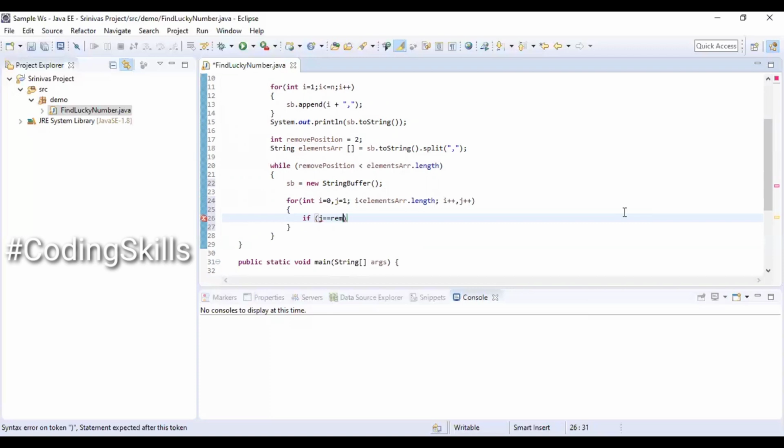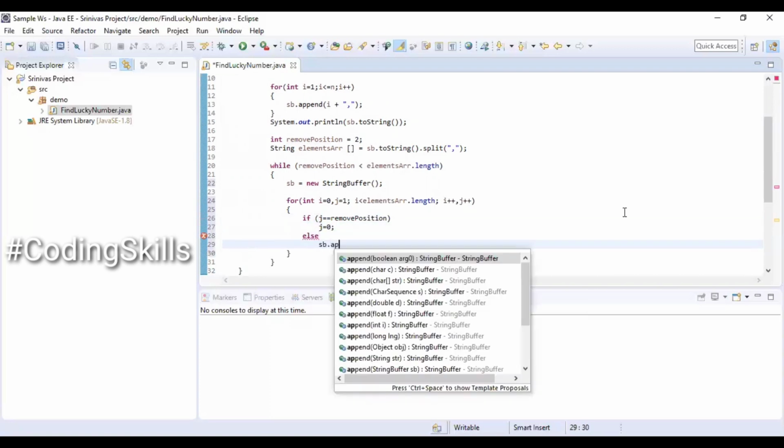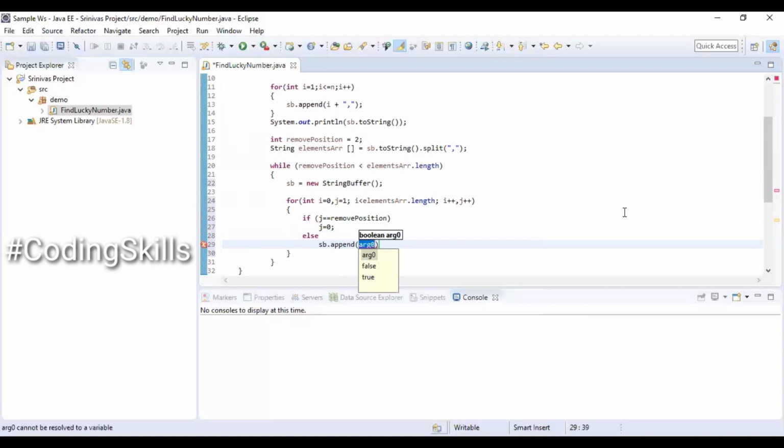If j equal to removePosition, then we are going to initialize the j value with 0, else appending the value to the string buffer from the array. So we'll take the corresponding value from the array object and append it also using a comma separator. This is for the next iteration.